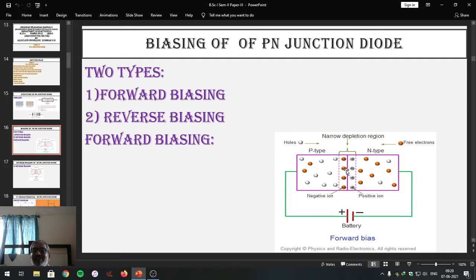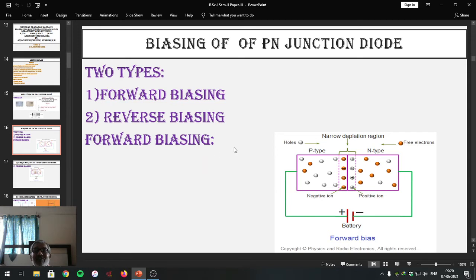The junction is present at the center. The barrier potential is there. This barrier potential doesn't allow charge carriers to flow further from N region into P region and P region into N region, and that's why this diode doesn't conduct current till and until an external battery is connected. Now we have the PN junction diode and we are biasing it, meaning we are connecting a battery to that particular PN junction diode to make it conducting.